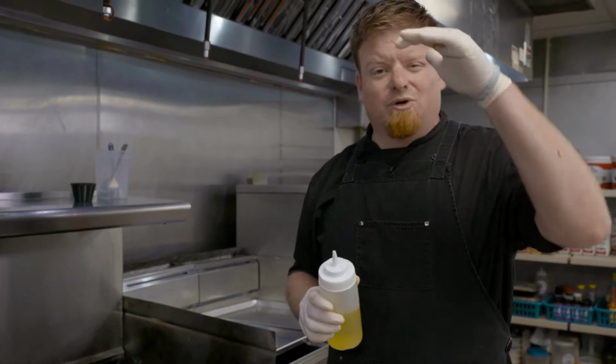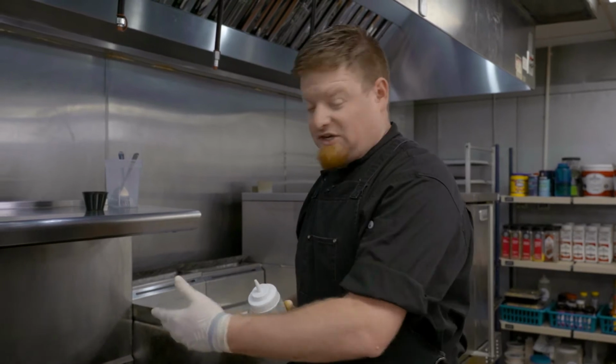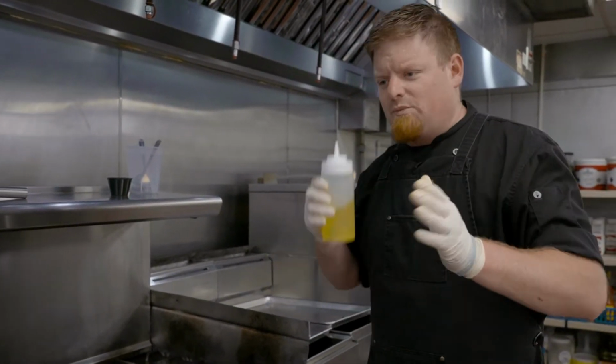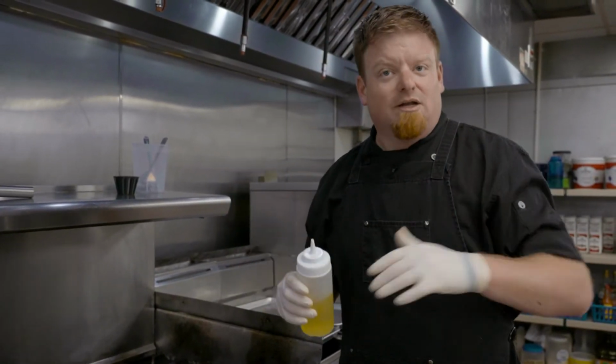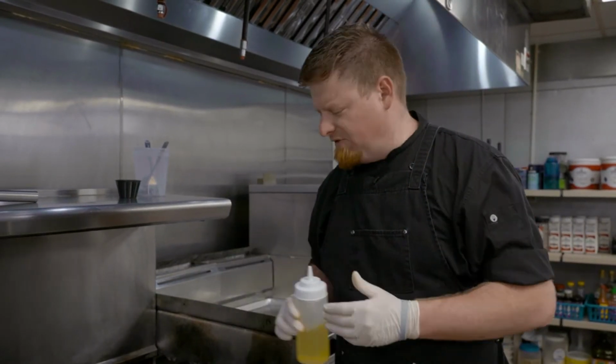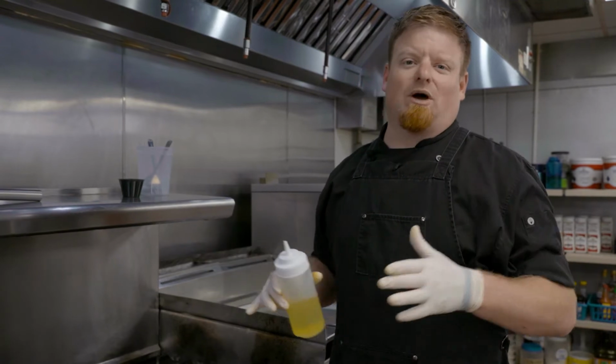But olive oil has a really low smoke point, so anytime I'm sauteing something on a high heat, such as these beautiful triggerfish fillets, I'm gonna go with a vegetable oil because it's got a much higher smoke point, and it's not gonna break down nearly as fast as an olive oil. Olive oil is great with flavor and heart health benefits, but the second that gets too hot, all of those benefits go out the window,